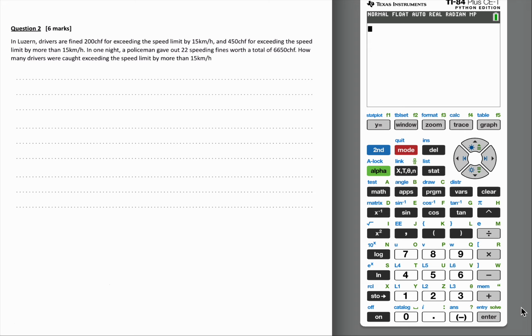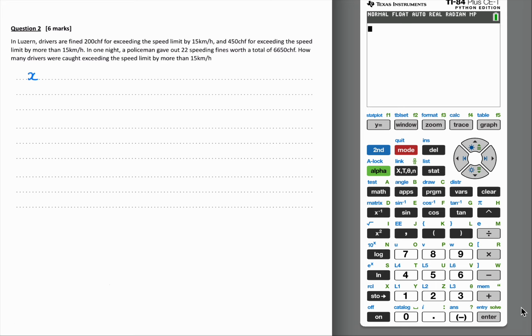This is a written version of simultaneous equations. So we have different pieces of information and then we're trying to find what they are. So the first thing that we need to do whenever we have a question like this is to define the variables. So x is going to be,